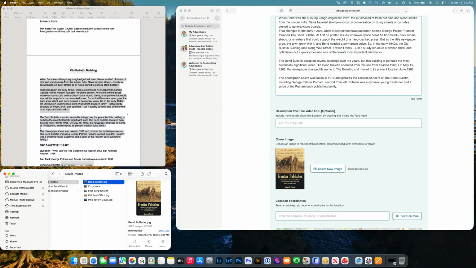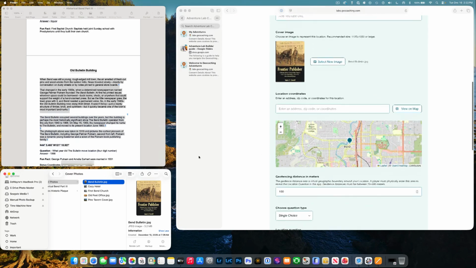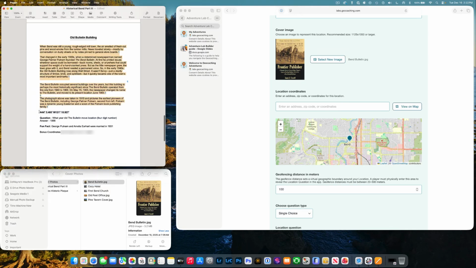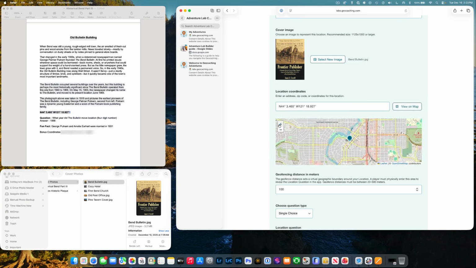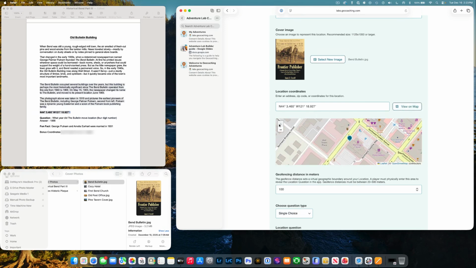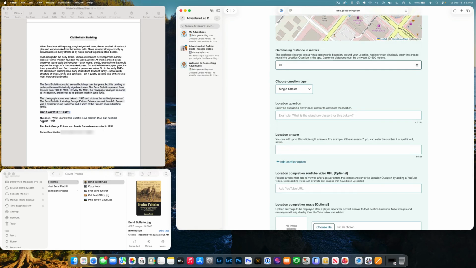So let's go down here and you're going to see not only was he famous, so we're going to put in the location. Here we go. We're going to copy this and the location of the bulletin, view on map, and it's going to move just a little bit. And it's right there. The plaque is right in front of the building. And then we're going to make it 20 again. Single choice question. And the question is, copy,